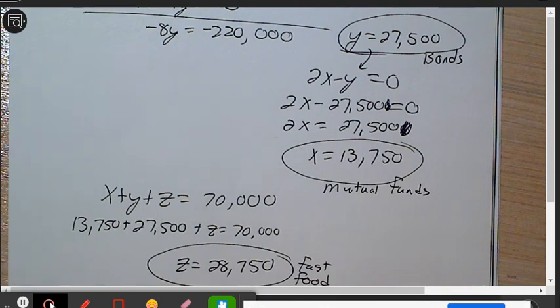Okay, and then one more. And this is the one that is more like a 4x4 system or a 3x